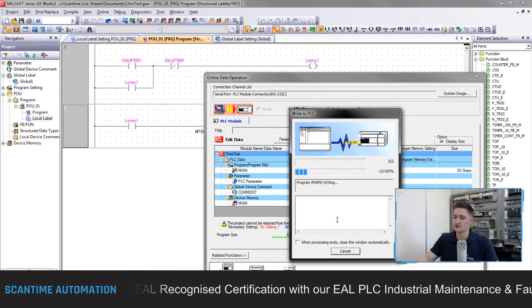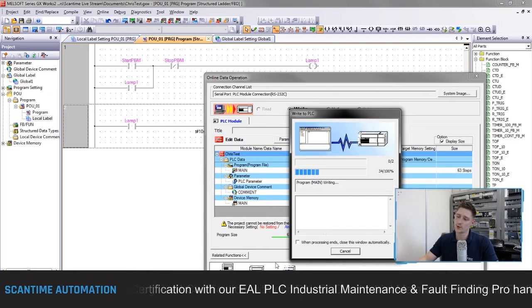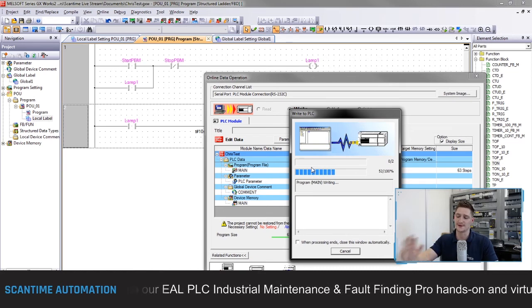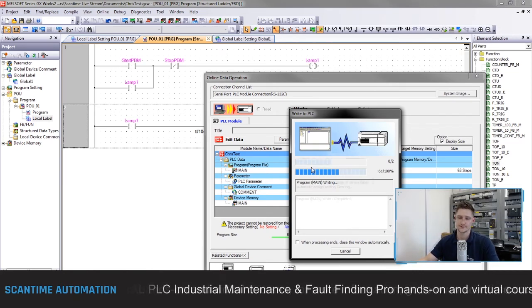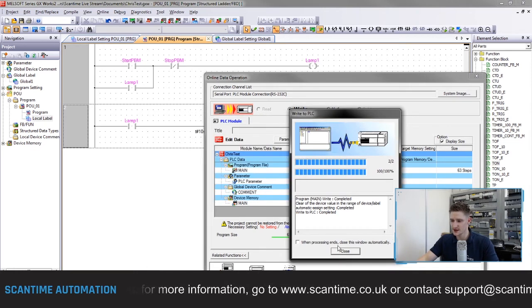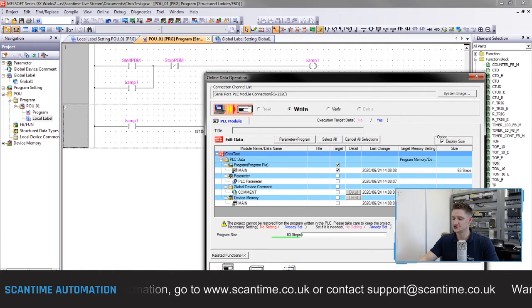And it's going to begin writing to the PLC. Now, once this is finished writing to the PLC, what it'll then ask us to do is to switch the PLC back to run mode. And there we go. So now it's asking us, the CPU status is currently in stop. Do you want to switch it back to remote run? Yes, I do, Mitsubishi. And now what we can do is select close, close, and we're ready